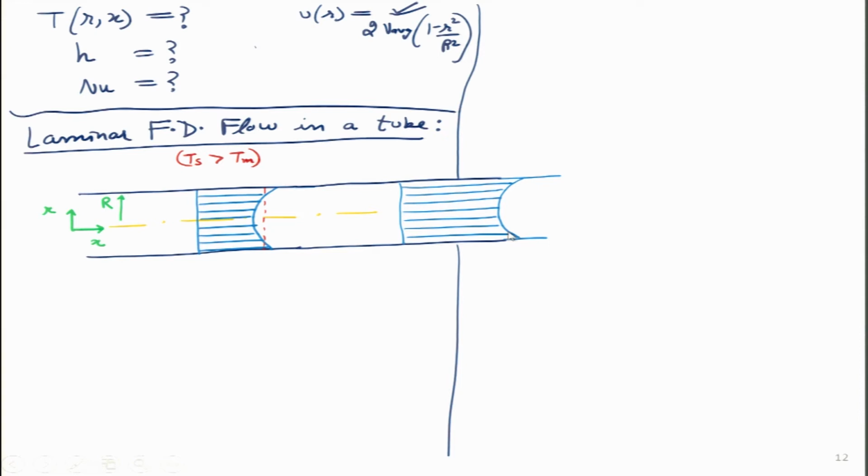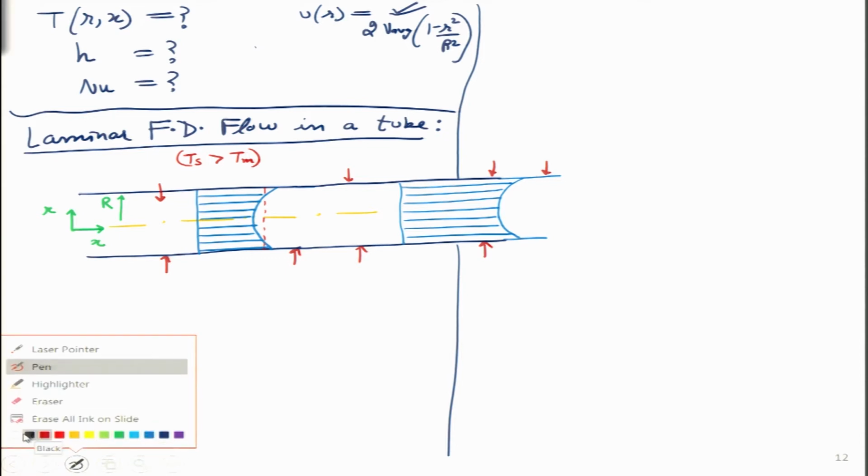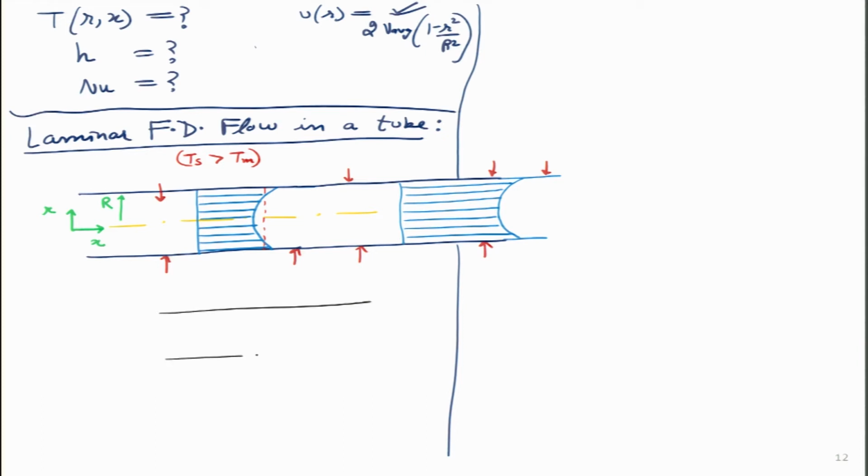And why is it that the temperature is increasing? Simply because we are heating the pipe from all sides. So, heat is coming in from here, over here. As the fluid is going forward, its temperature has to increase. So, what I want to do over here is create a differential element and perform an energy balance on that. Let me draw the pipe once again, and let me draw a differential element. The differential element I want to take has the length dx in this direction, and in this direction its length is dr. I hope you will be able to know what I am doing over here.